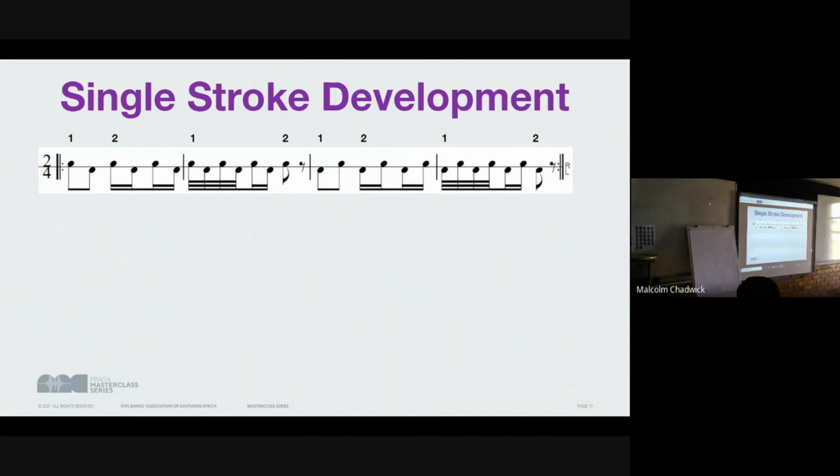Okay, let's give it a try since we are here in contact. I'll count us in. 1, 2, 1 and 2 E and diggy dum tap tap. 1, 2 E and diggy dum tap tap. Repeat. 1 and 2 E and diggy dum tap tap. 1 and 2 E